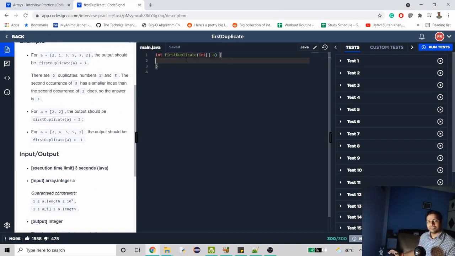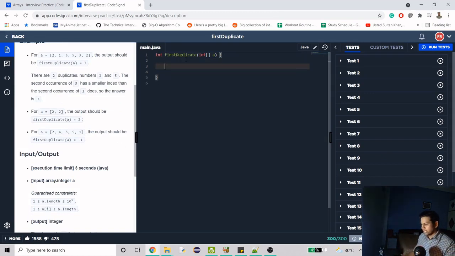So the easiest solution that I could have thought of is using map. So that is what I'm going to do here. To fill a map we are going to use just one for loop. So here we will get number. Here we will just check if the map is already containing